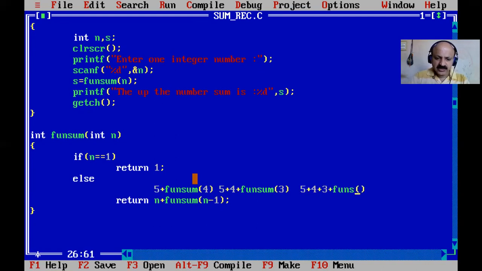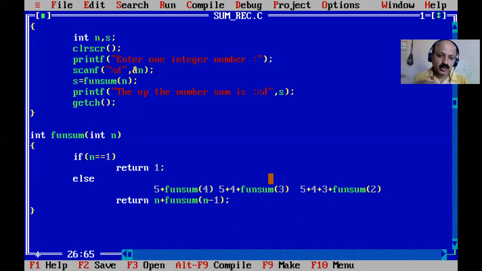The function sum is waiting to take the argument. Every time, first n is waiting, so 5 plus sum of n minus 1, that is 4, and then 4 minus 1, so 3. The second time the same function calls itself, that is known as recursion. First push: push means insert in the stack.